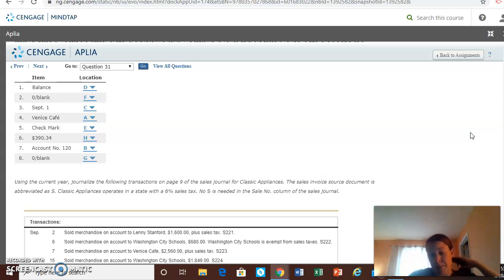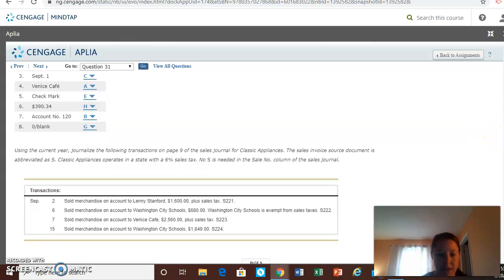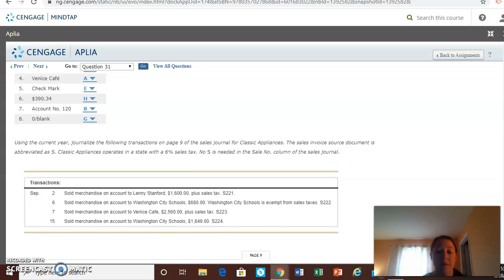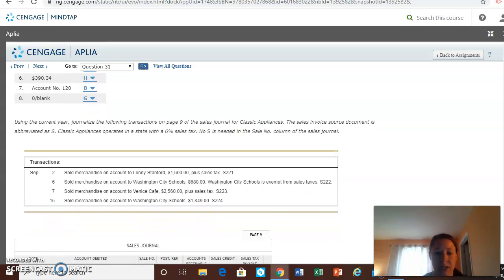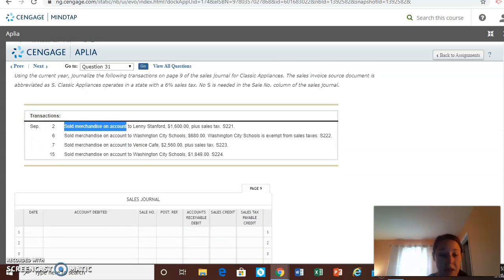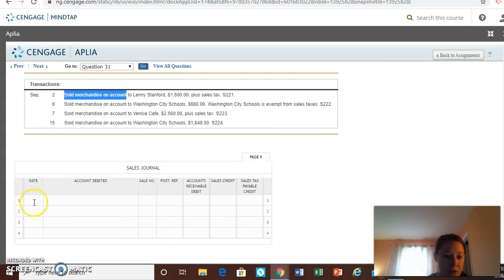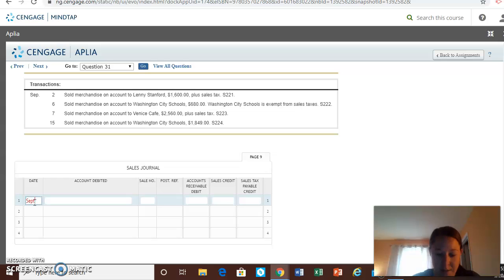Our next step is to journalize transactions in the sales journal. And the sales journal is not too difficult. It's going to be for all sales on account transactions, or sale of merchandise on account transactions. You'll notice here the transactions all start with the phrase sold merchandise on account. So what we're going to do is just plug in the date. The first one here is September